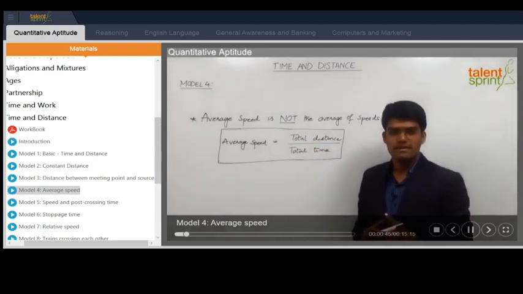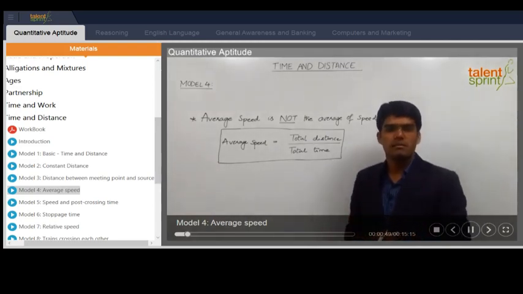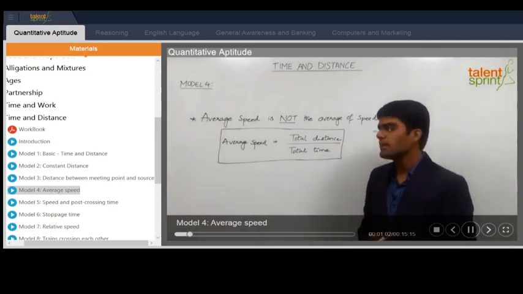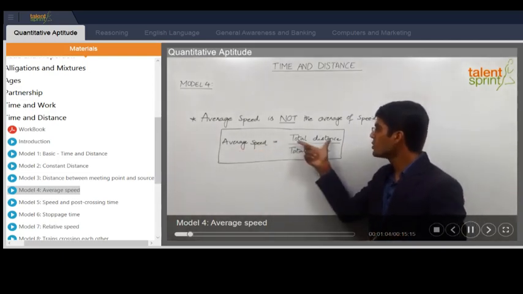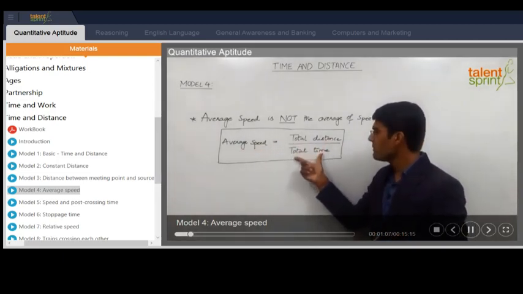distance. For example, if the speed of the body for a certain journey was 50 kilometers per hour and for the remaining part of the journey it was 60 kilometers per hour, we cannot say that the average is 50 plus 60 by 2, that is 55 kilometers per hour. Why? Because that's not the way to find out average speed. Average speed in general should always be calculated as total distance traveled by the body by the total time taken